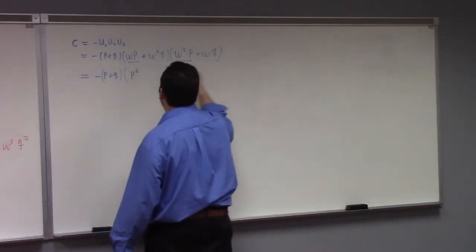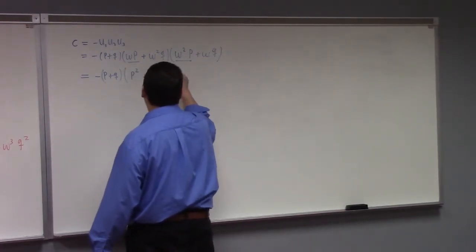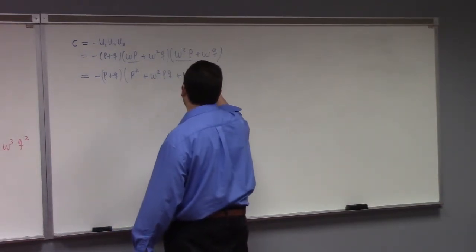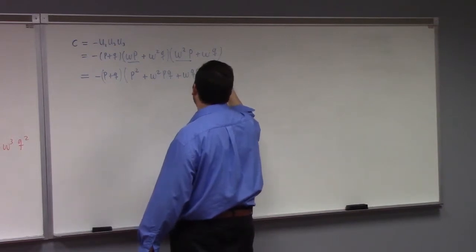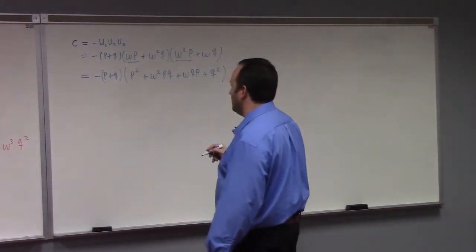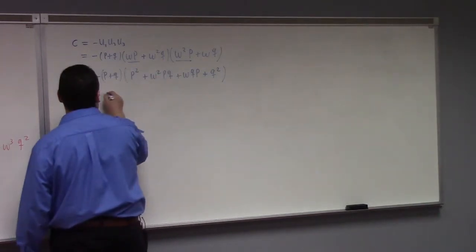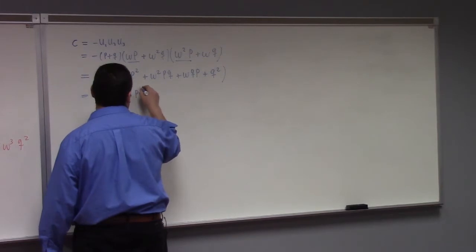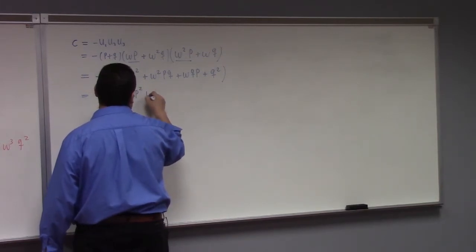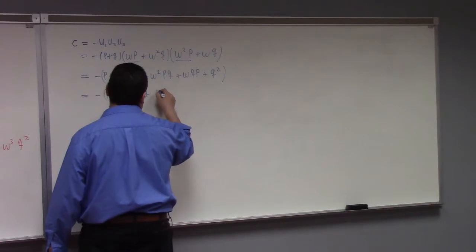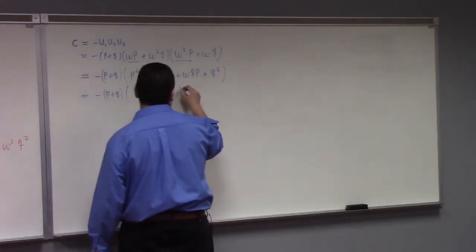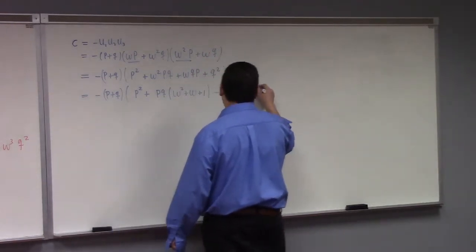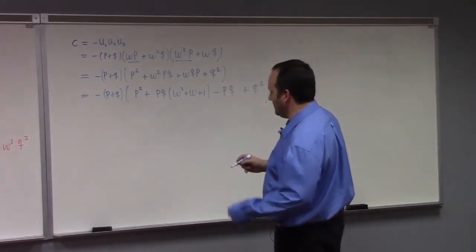This times that gives me omega squared PQ. This gives me plus omega QP plus Q squared. So I got minus P plus Q times P squared plus PQ times omega squared plus omega plus 1 minus PQ plus Q squared, playing my usual game,